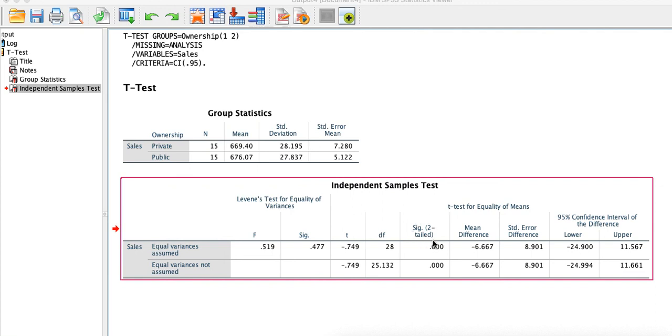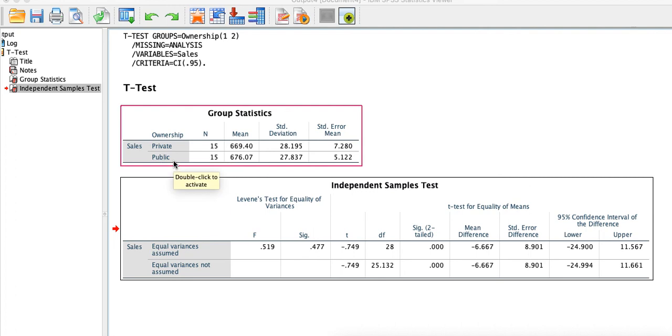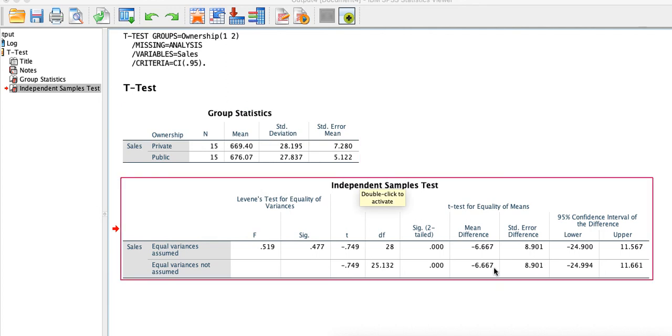Now in the two-tailed significance value, p is less than 0.05, and hence we say there is a significant difference in the means of the two samples. As the value is significant, we can see the public vehicles have got more sales than private: public is 676 and private is only 669.